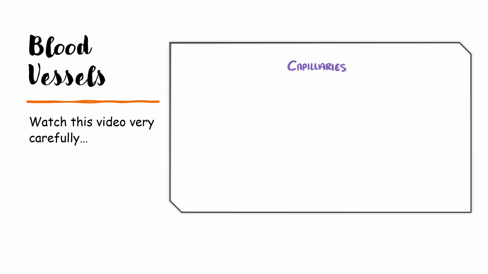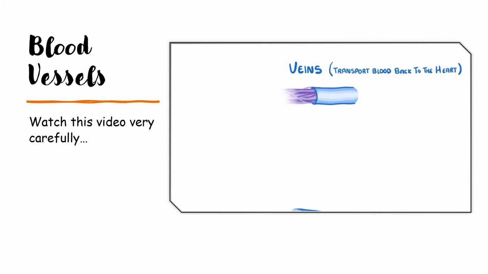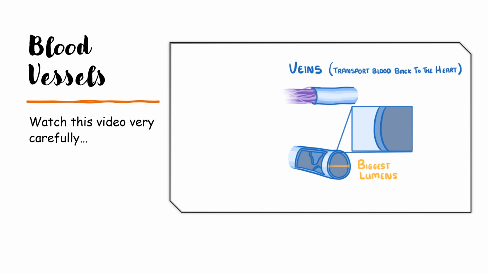Finally, these tiny capillaries start to join up into larger vessels called veins, which transport the blood back to the heart. Veins are relatively large, with by far the biggest lumens of any blood vessels. They also have relatively thin walls, with only small layers of elastic fibers and smooth muscle. This works fine though, because the blood that they carry is at very low pressures, so the walls don't need